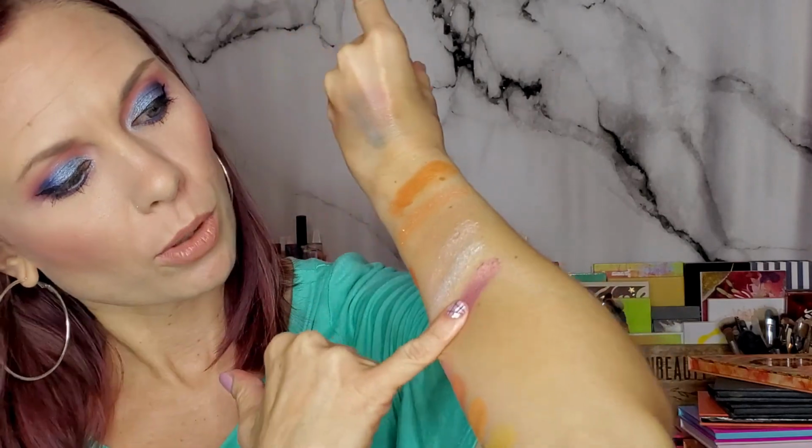Oh, this is another one that I really like. This is that pinky gold shifting color. This is Come and Get It. It's got like a rose gold shade to it almost. So pretty. All right, let me get this clean and then we're going to move into the next set of